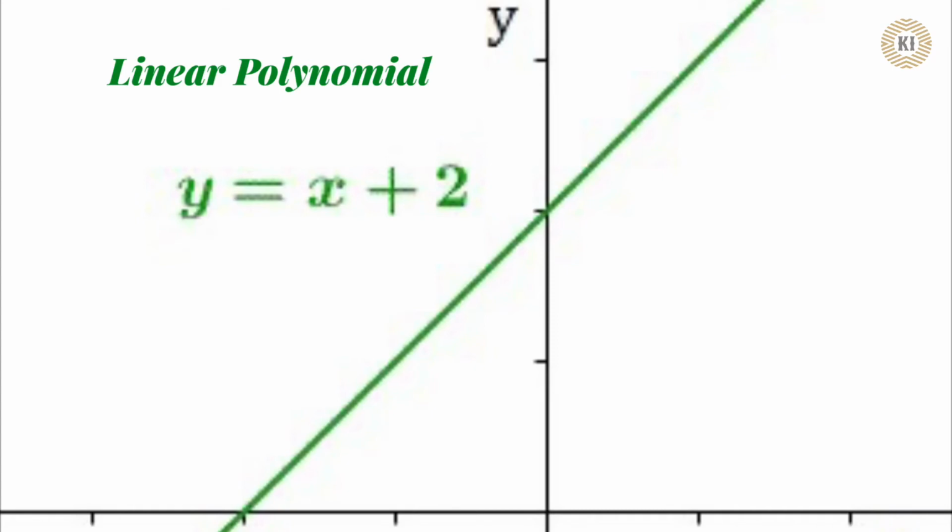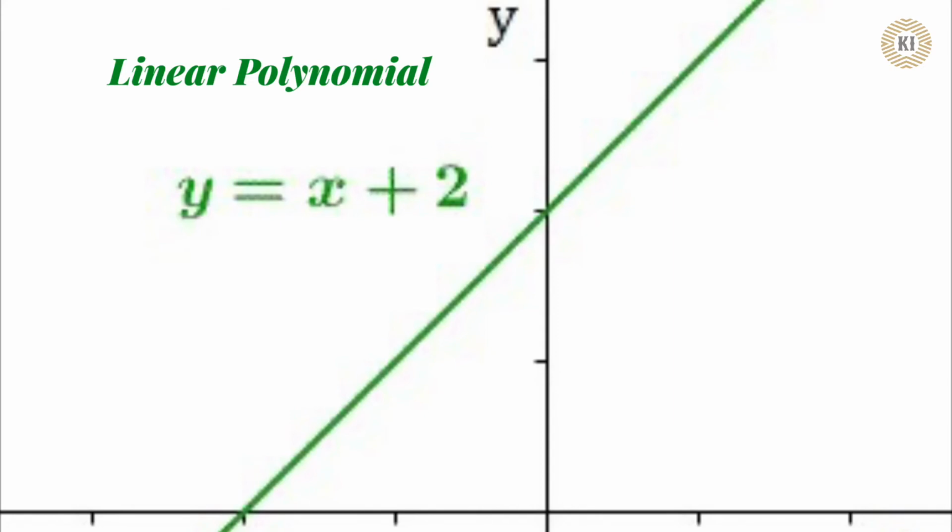Now what I mean to say here, or what my intention is to explain here, is that whatever is the degree of the polynomial, that many zeros it is having. And one more thing, the degree of the polynomial will be equal to the number of times a graph is cutting the x-axis. Okay, so as you can see in this graph, y is equal to x plus 2, it is cutting the x-axis at -2. So it will have only 1 zero, that will be equal to -2 only. Okay, now it will become more clear.